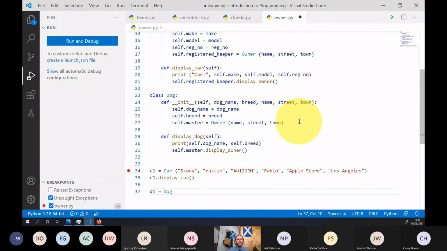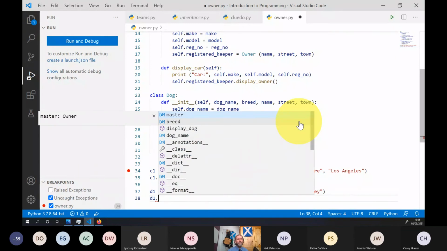Okay, so we can set up a dog. You could have just done Max there, but okay, so we can set up a dog and we can display the dog.